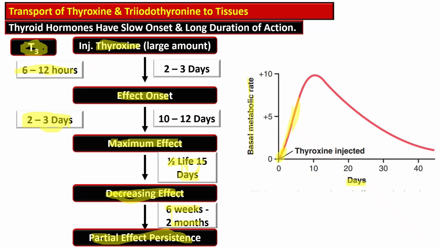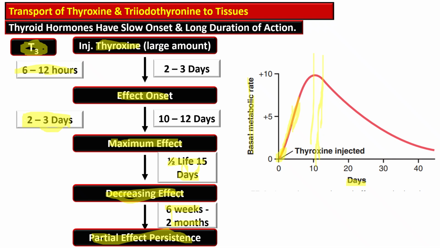Then peak effect is achieved at day 10, where it reaches approximately 10 units of BMR. This delay is due to strong binding of T4 to the plasma and intracellular proteins,